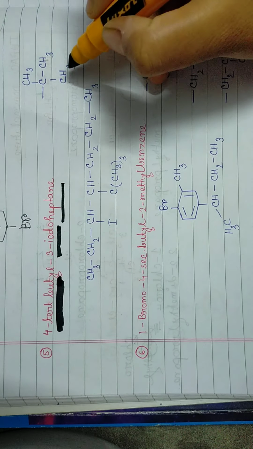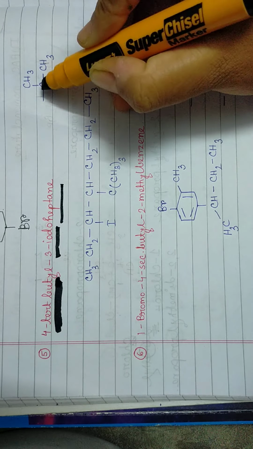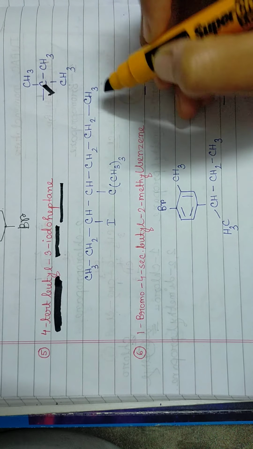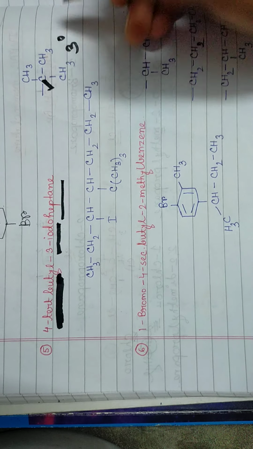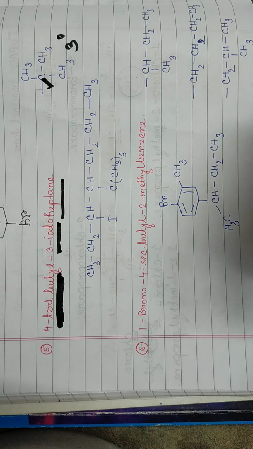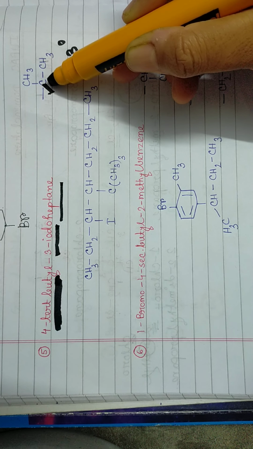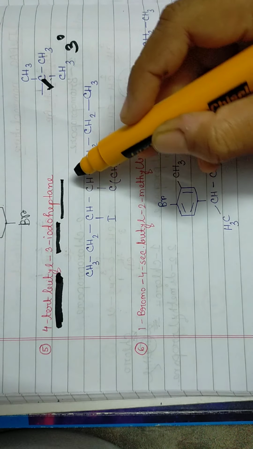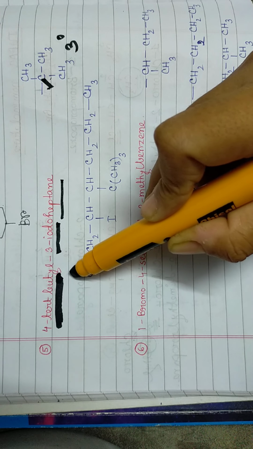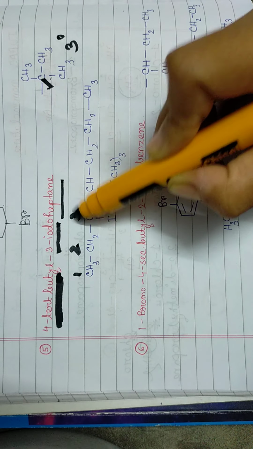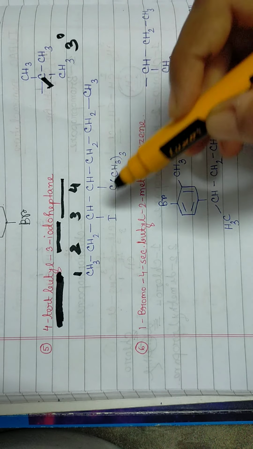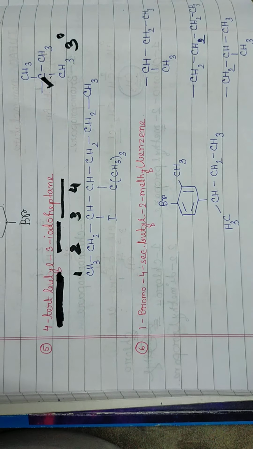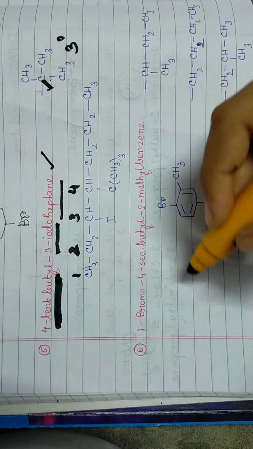For the tertiary butyl group, there are 4 carbons and this carbon is 3 degree. So this group will be known as the 3 degree or tertiary butyl group, and the bonding will be with this carbon. In the 4th position I have taken the numbering from this side: 1, 2, 3 and 4. Then in the 4th position there is the tertiary butyl group, and in the 3 position there is iodine. So this is the structure of the compound with the given name.